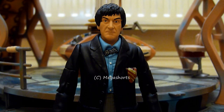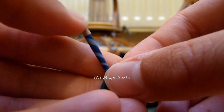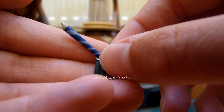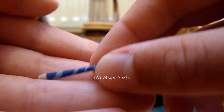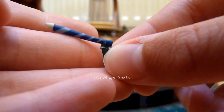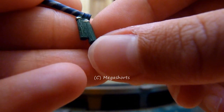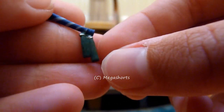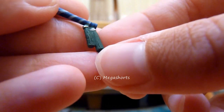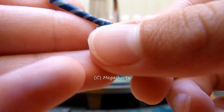And now I'm going to review his recorder accessory. Now, I believe this is exactly the same as the recorder that came with the Forbidden Planet exclusive Second Doctor figure. It's got different shades of blue on it. It's got some dark blue and bright blue lines on it, and the green at the bottom. I'm not sure what these two things at the bottom actually are, because I've never seen a recorder with these things at the bottom before, but if you're a musician or you just know a lot of stuff about the